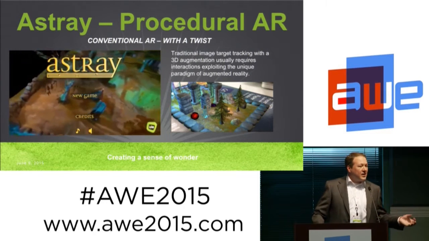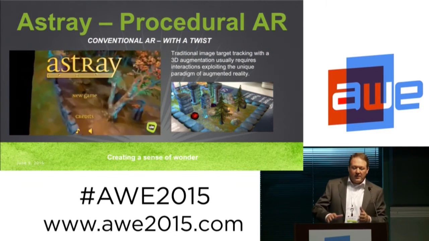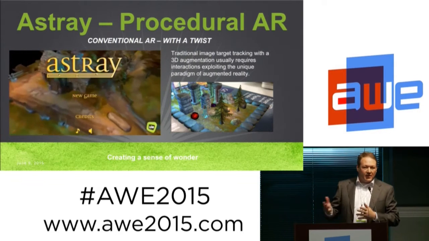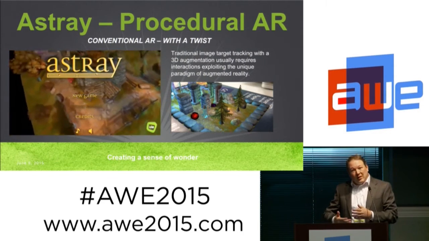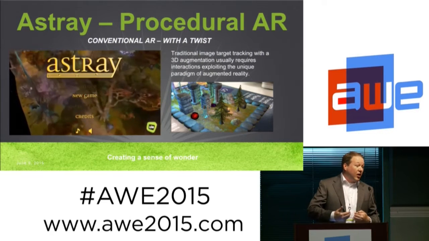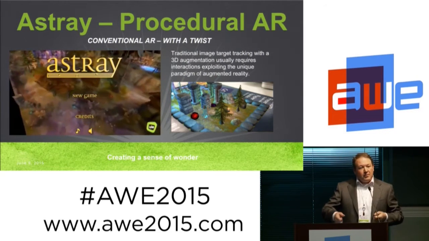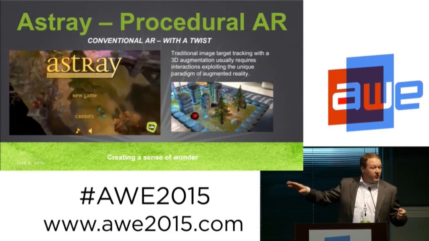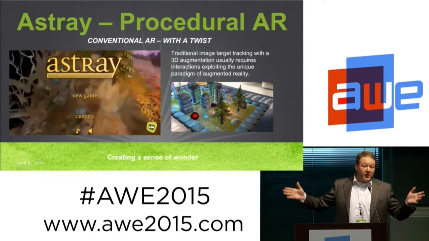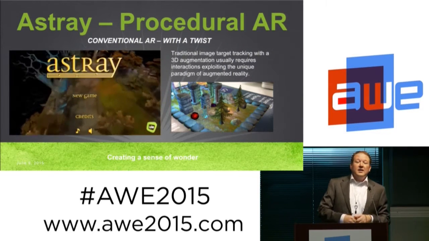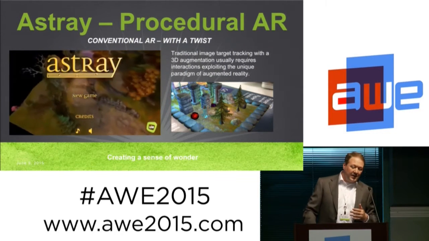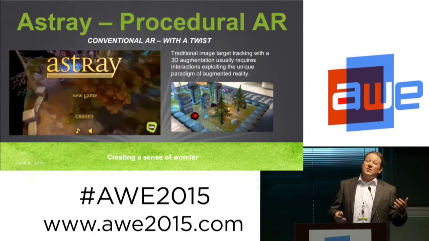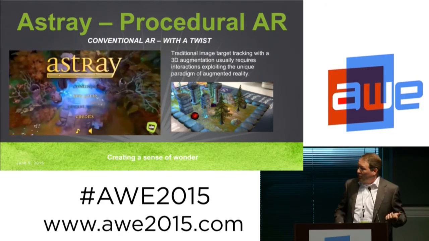But the trick is, if you're going to get that literal, if you're going to create the classic, take a target, point your phone at it, a little guy comes out and waves at you, and that's your experience, I suggest you exploit the paradigm of AR a little more deeply. So in our case, the play surface is part of the game. You can pick it up, tilt it about, and the little ball will move with realistic physics, so you play the entire game without even touching your phone if you like, which helps make a more convincing sense of reality as you're playing the game. The AR seems much more organic, much more alive, and much more real.